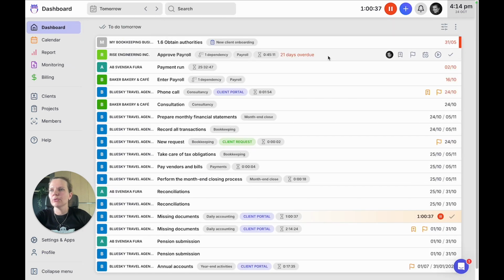Let's go over to the dashboard. Now, when you have those clients with those long names, you can just hover over them and you will see the full name. So if you have similarly named clients, both having long names, then you can hover over them and make sure that you're working with the correct clients' tasks.